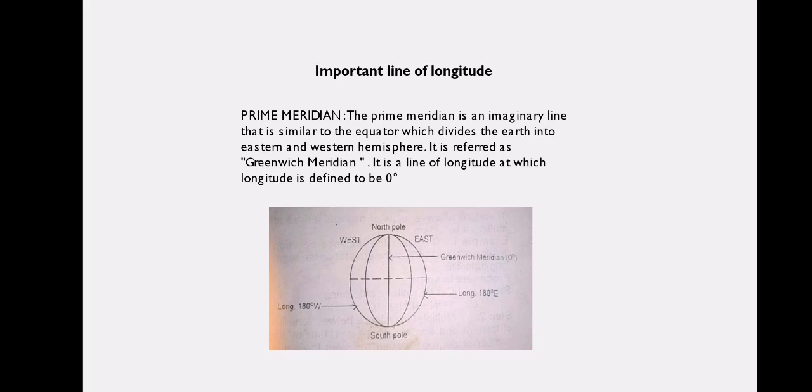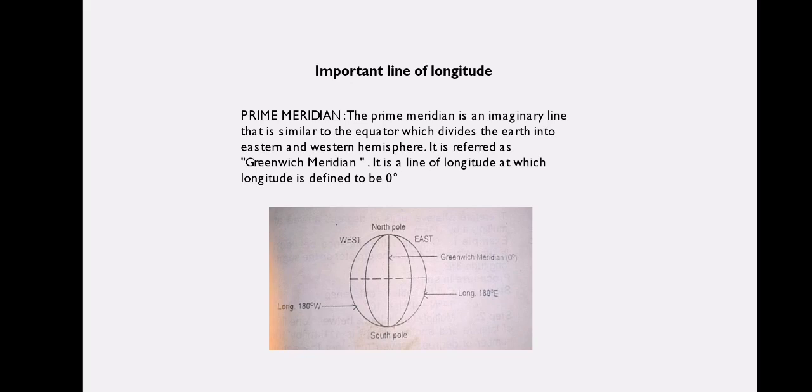Like latitudes, there is also an important line of longitude, which is known as the prime meridian. The prime meridian is an imaginary line that is similar to the equator, which divides the earth into eastern and western hemispheres. It is referred to as the Greenwich meridian, and it is a line of longitude at which longitude is defined to be 0 degrees. If we look at this diagram, you can see the Greenwich meridian running from the North Pole